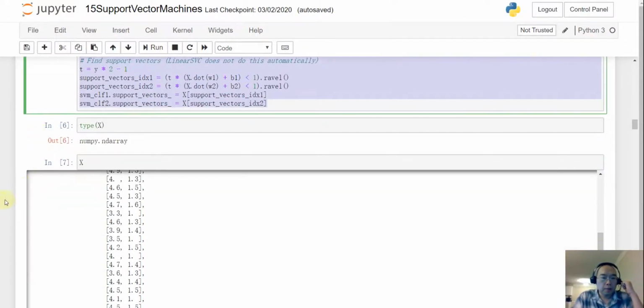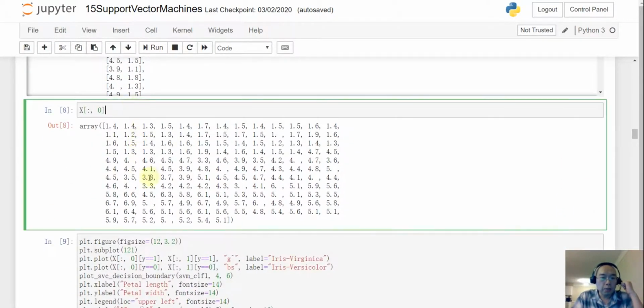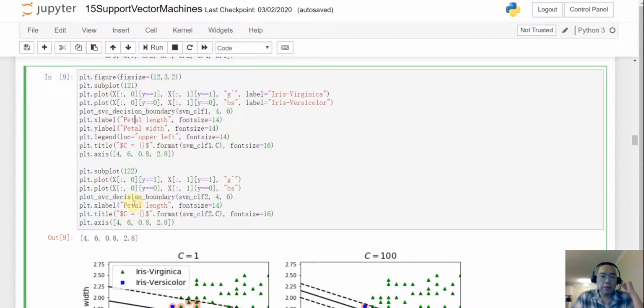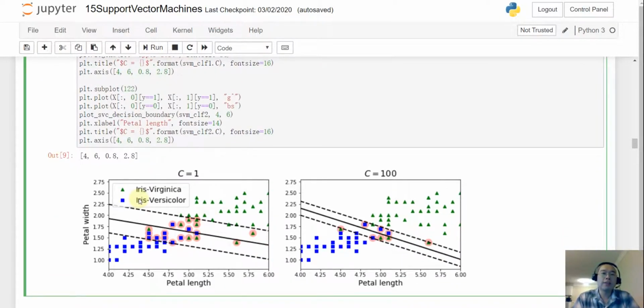Okay, so let's move down here, and after we have finished the linear support vector model, we want to plot the decision boundaries of the two models with C equals 1 and C equals 100, and then you see the difference. So for C equals 1, we have a larger or wider margin with more